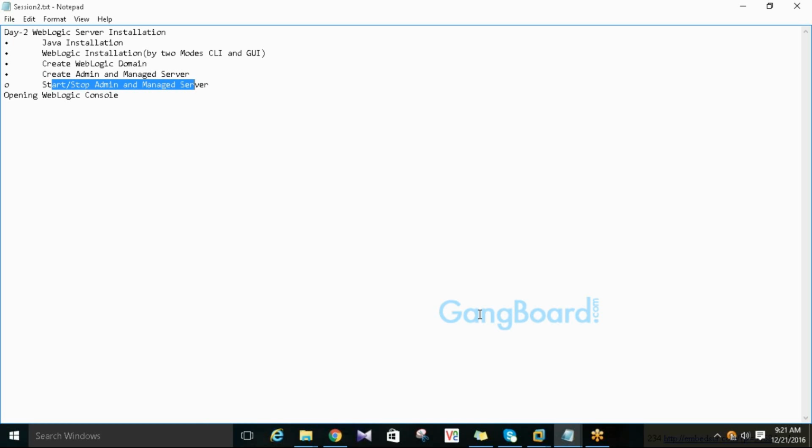You can shut down admin and managed server both in one go, but sometimes it creates a problem. When you have the console, you shut down the managed server and check its status whether it is shut down or not. When it shows shut down, you can directly shut down the admin server through the console itself. Might be due to some problem the console is not working, but otherwise I will show you next time how to start and stop. Node manager will come during cluster creation, that is why node manager is used.